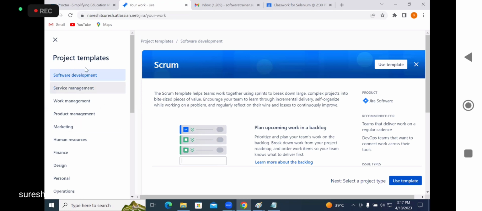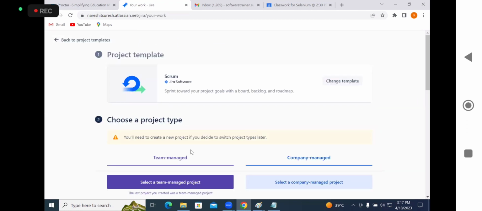Now we can see how Jira can be applied in multiple areas: design, finance, HR, marketing, product management. Everyone utilizes Jira for management activities, right? So we are taking the option related to software development, considering the use template, and you will be